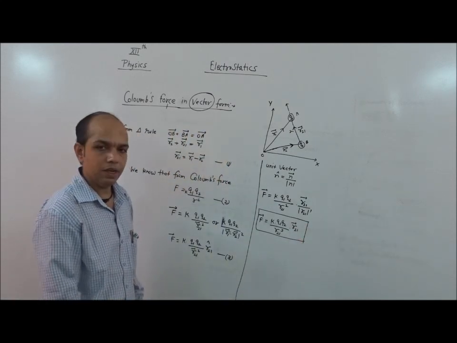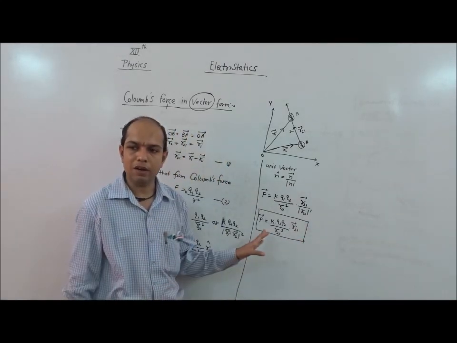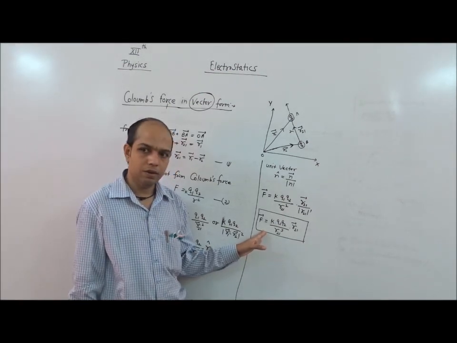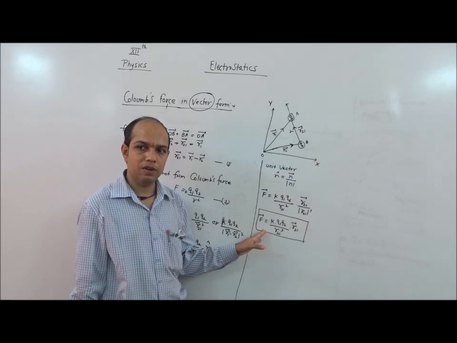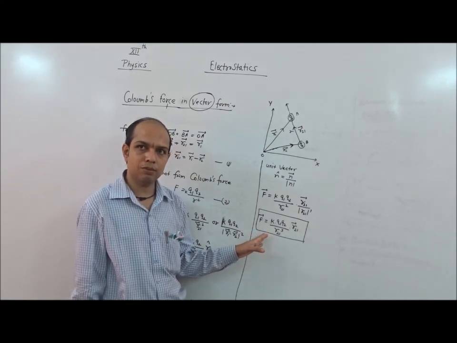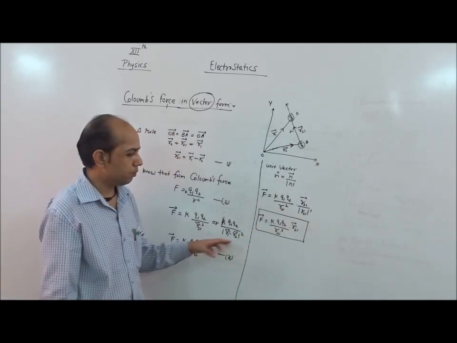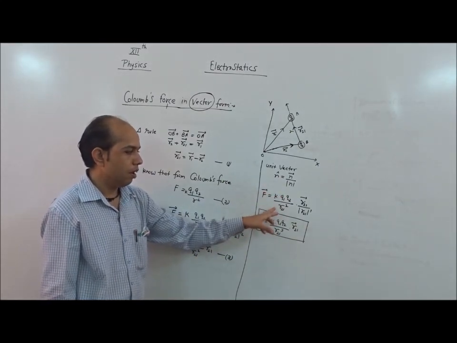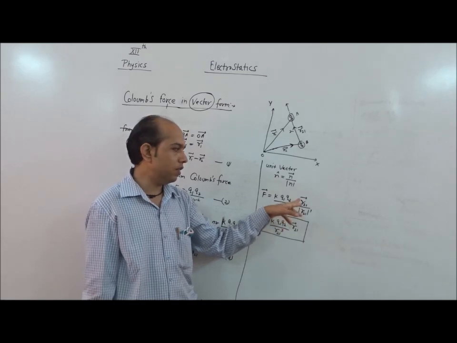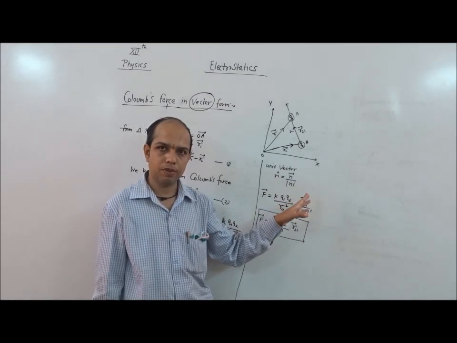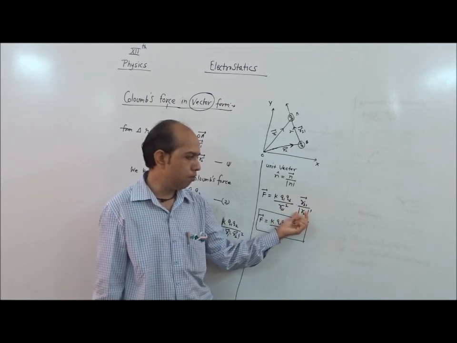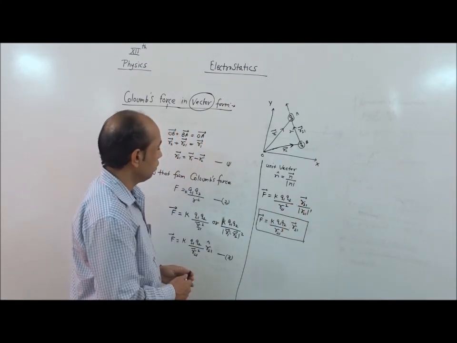So this represents Coulomb's law in vector notation. Whenever we find the force in terms of vector, we use this identity: F equals K Q1 Q2 upon R21 square with R21 cap. If required, then we simplify this R21 with R21 modulus.